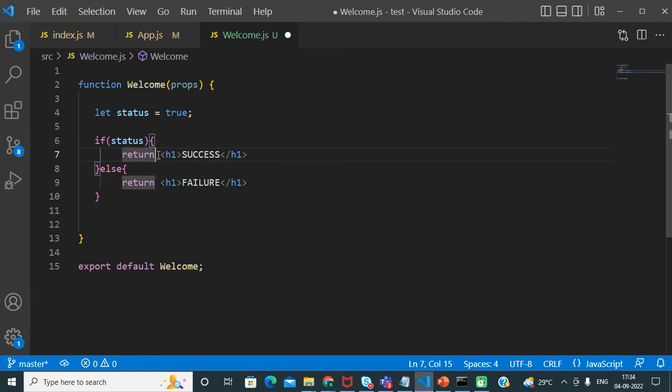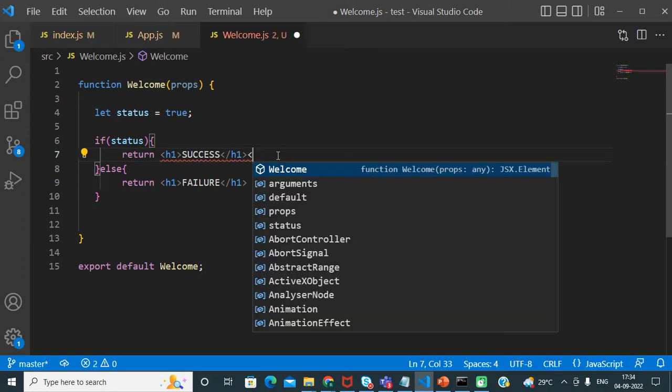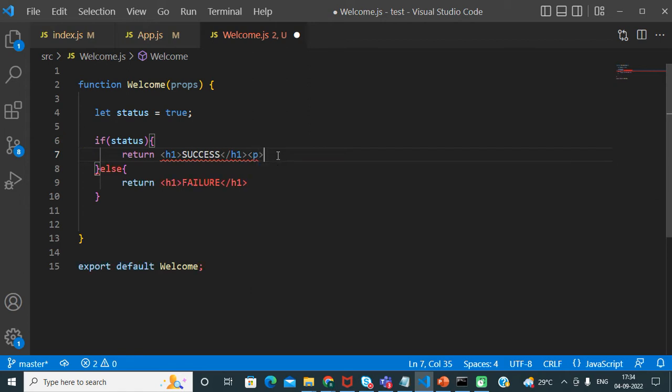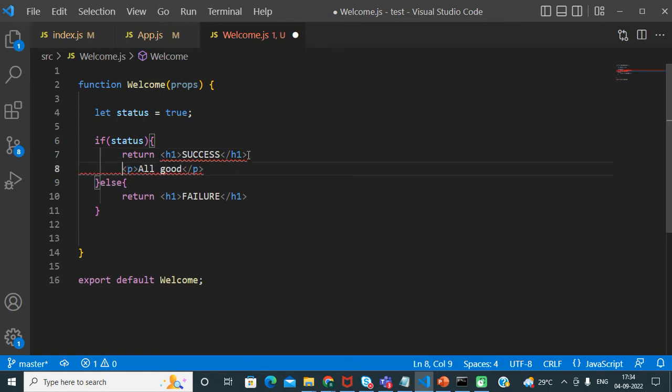If our JSX is longer, say first we have some h1 element and then more after it, all good. In that case, if it is multi-line, then normally we have to include it in brackets.